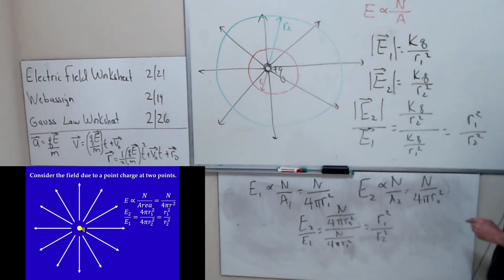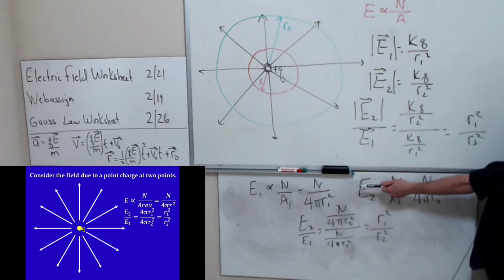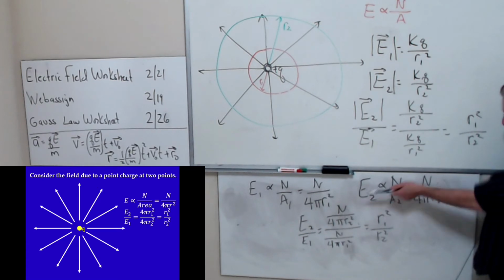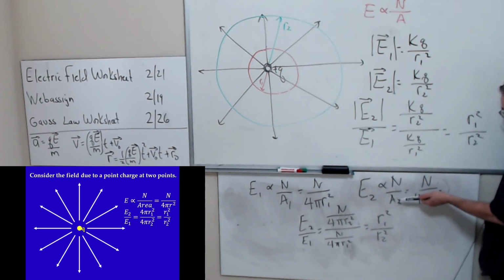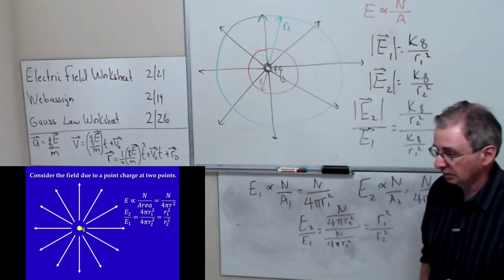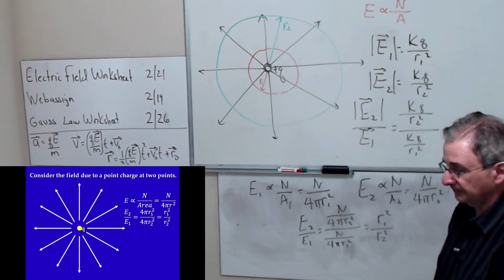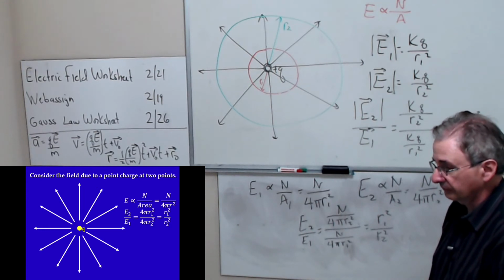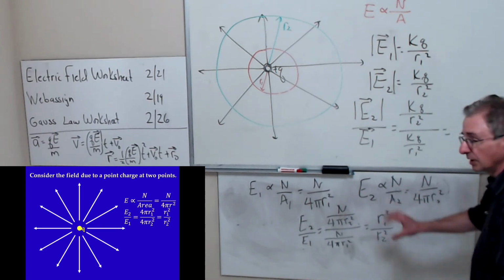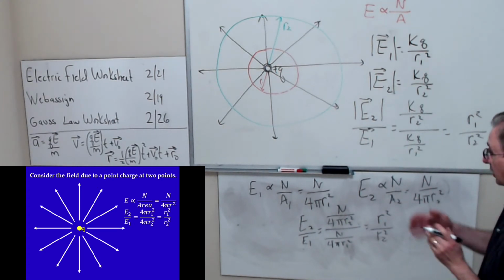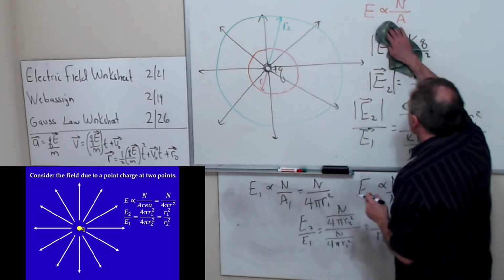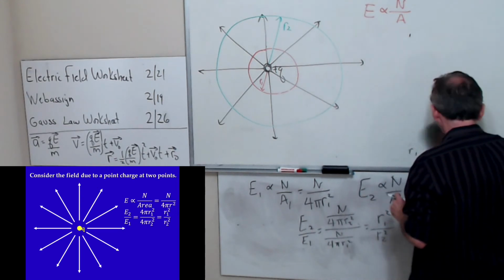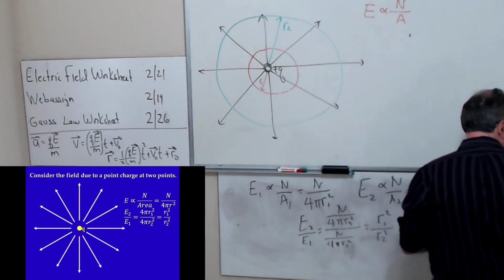Why did I show you this? Because it shows you that this is a good idea for me to use to describe the electric field. Because I get the same relationship using something that we already know as this. So I get the same ratio. So this idea seems to work. That's why I went through that exercise. Does that make sense? This gives some plausibility to what I'm trying to picture here. I'm trying to use the field line to picture what's going on. Okay, so now that I've shown that this idea can work for us,